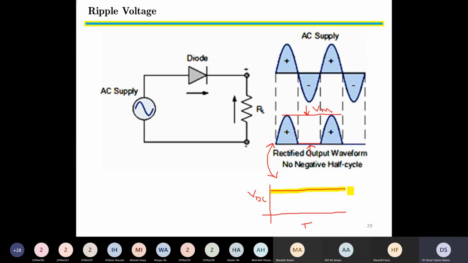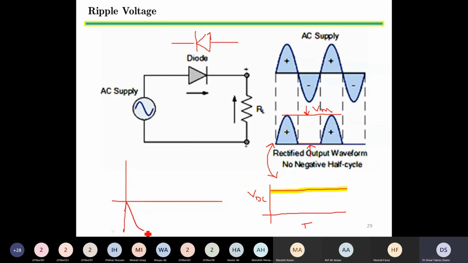And we can decrease the ripple voltage by connecting a capacitor in parallel with RL. This we will see in a later slide. In this circuit, if we reverse the connection of the diode, what will happen? If we use a diode in the opposite direction, what will happen? We will get the output voltage